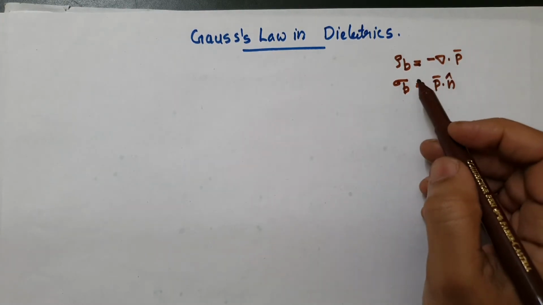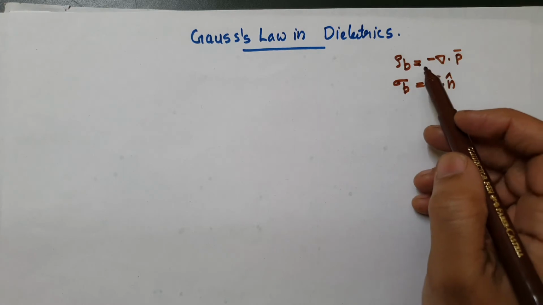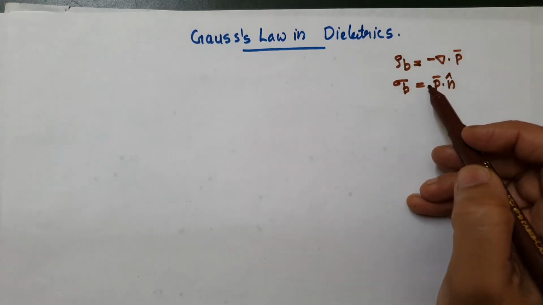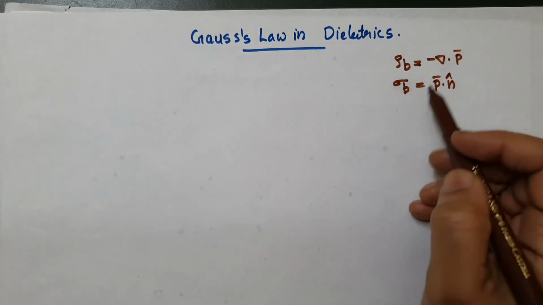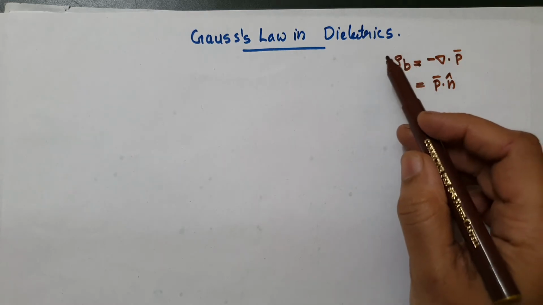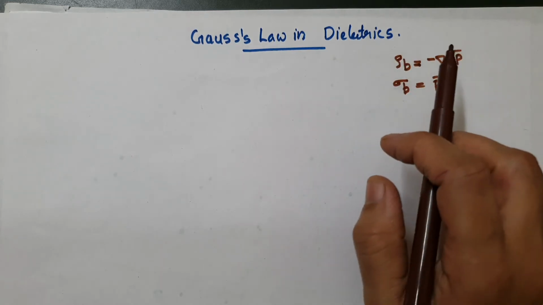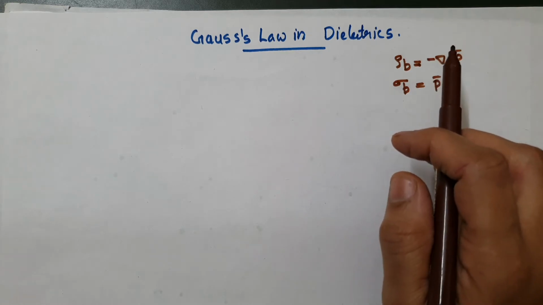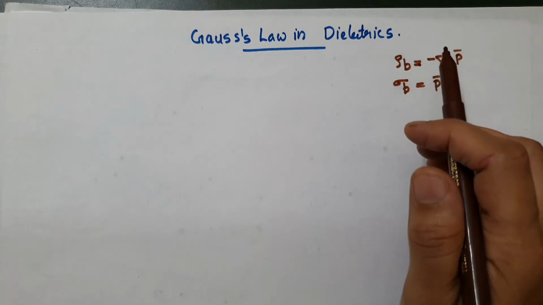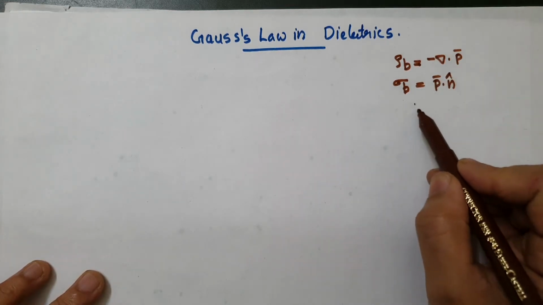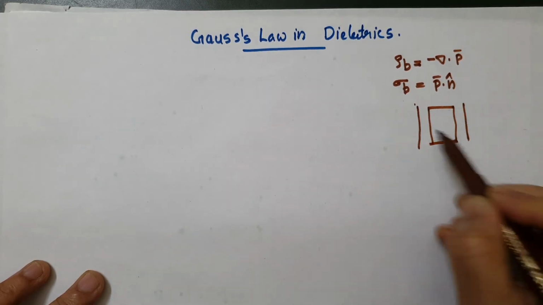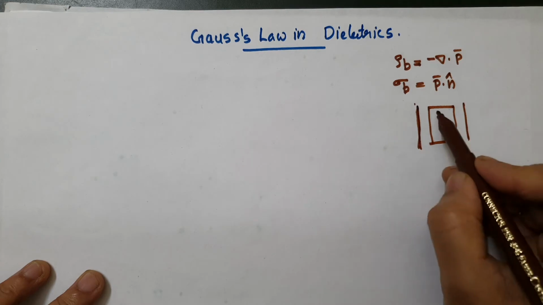That is, the charge produced within the dielectric is given by minus del dot P and the charge produced on the surface of the dielectric is given by sigma B equal to P dot n, the surface charge density, and the volume charge density. In a material, all other charges which are present and are not produced due to polarization are called free charges. That is, when a dielectric is placed between the plates of a parallel plate capacitor,